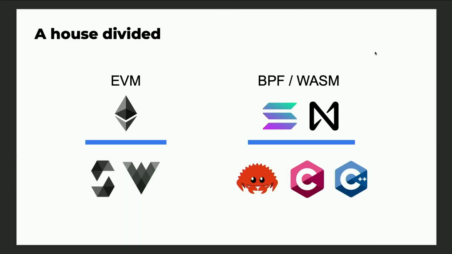Right now we have this kind of divided house. You choose a chain, and in choosing a chain, you're choosing whether you are living in the EVM Solidity Vyper world, or in the other world where you might use Berkeley Packet Filter or WASM as your execution engine, and languages like Rust, C, or C++.